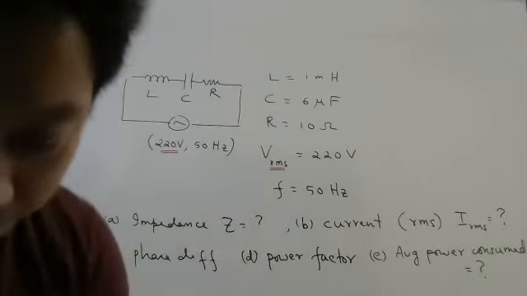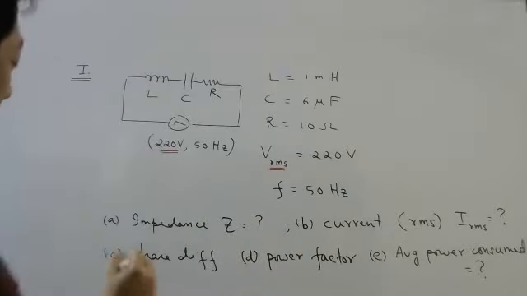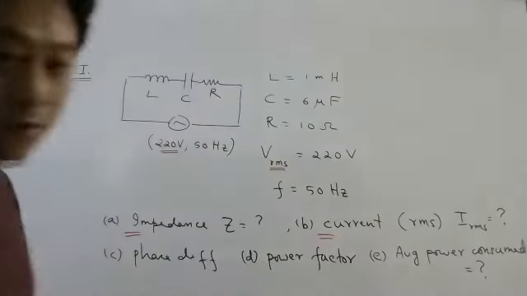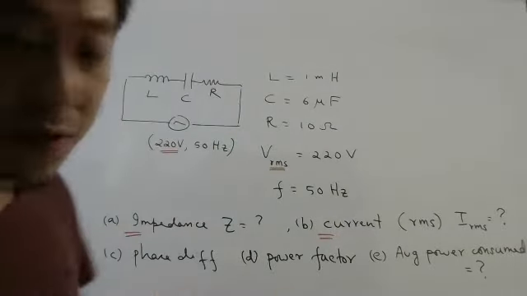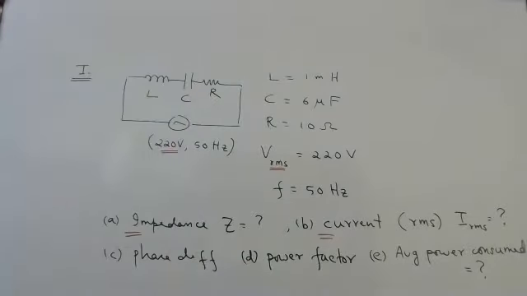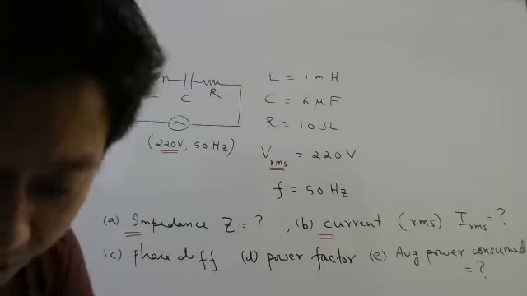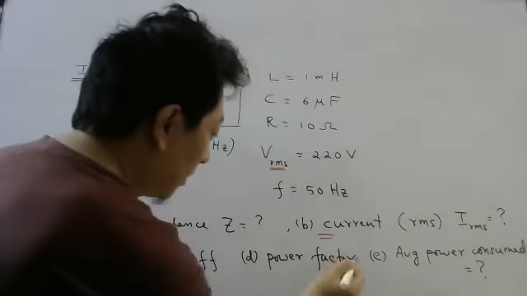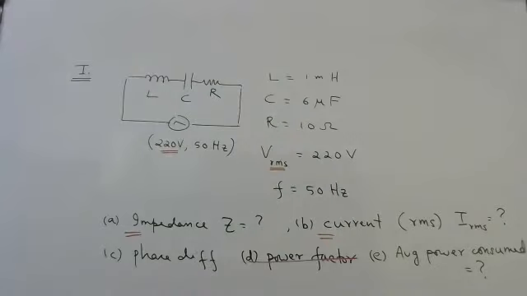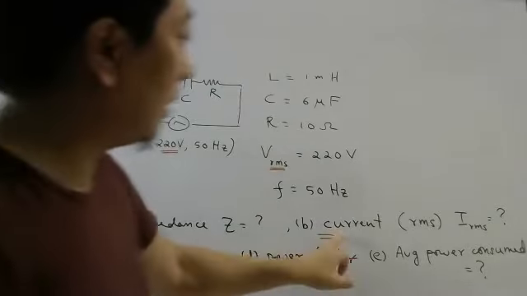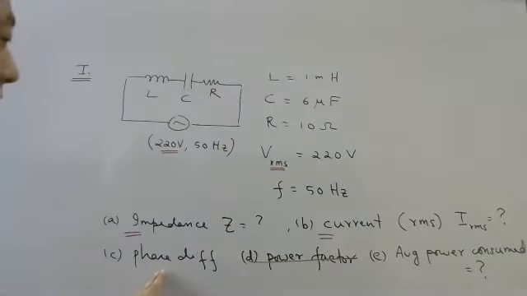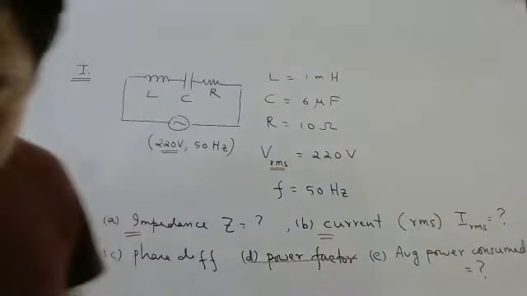So these are the main things. Now the most important ones are impedance and current. But still, if they ask phase difference and power, you can still calculate. It is very easy. So please write down the question. And everyone take your calculator out. We will try to solve it now itself. Power factor is deleted. Huh? Okay. So then power factor is deleted. So we will do impedance, current, then phase difference and average power.